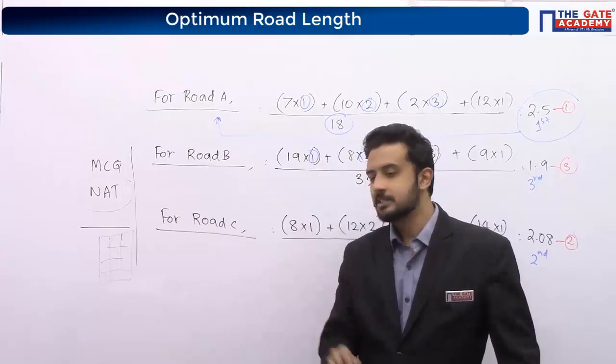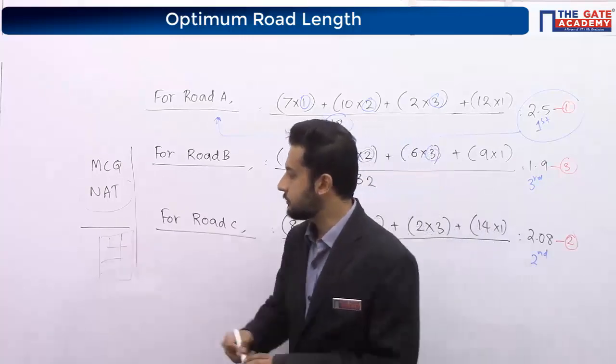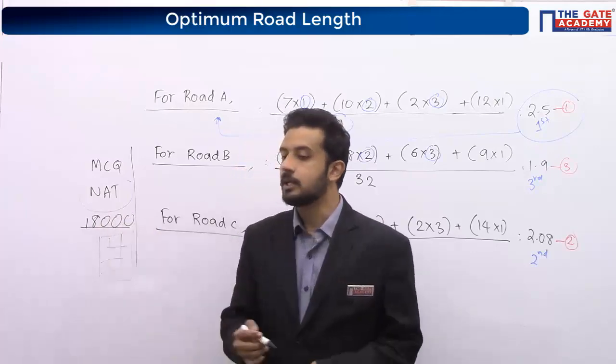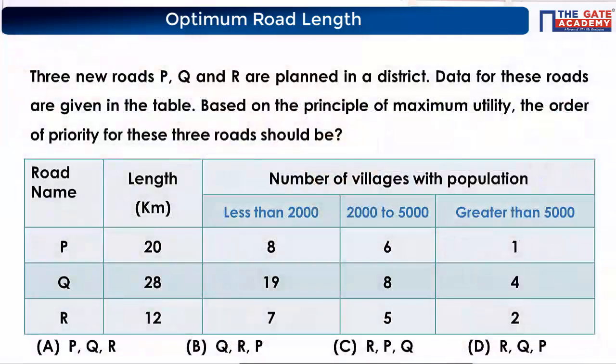Okay. So if this is the question, what you have to type is 18,000. So you also have to take a lot of care about the unit, because it is given in meters. Okay? Thank you. So 18. Now, try to solve this question.